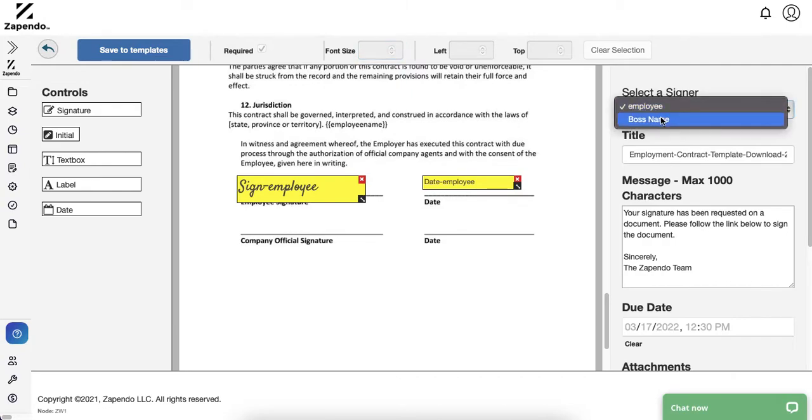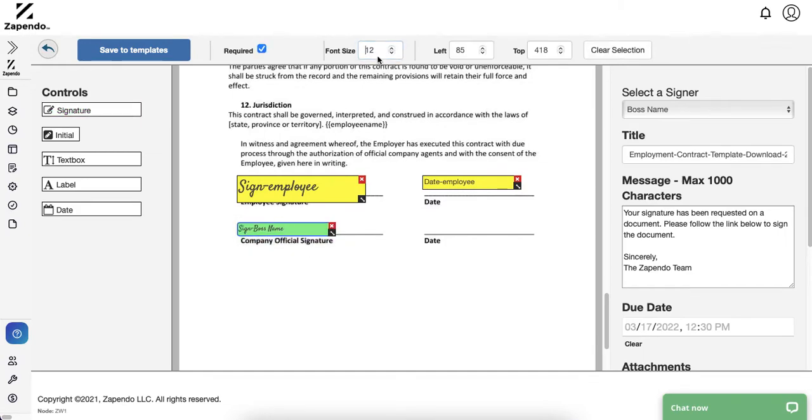Now we have to select the boss. On the right here, select a signer, and then we'll also drag off the signature like this. Select the size. Again, I selected 25. You can do whatever size you want. This will just make the signature look a bit bigger. Now you do have control here as to what the size of each signature is,